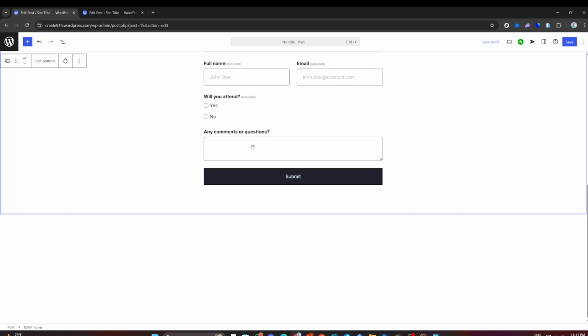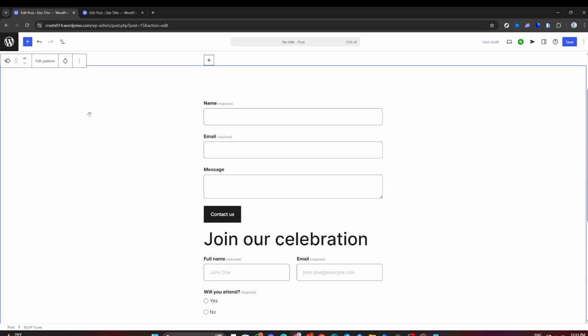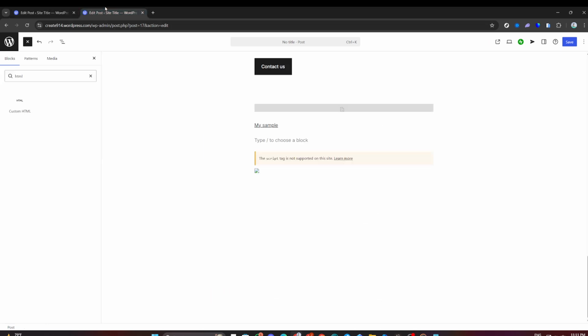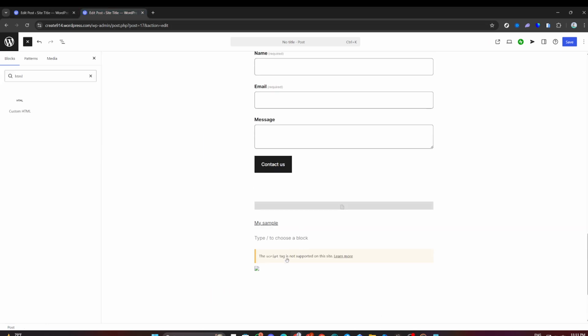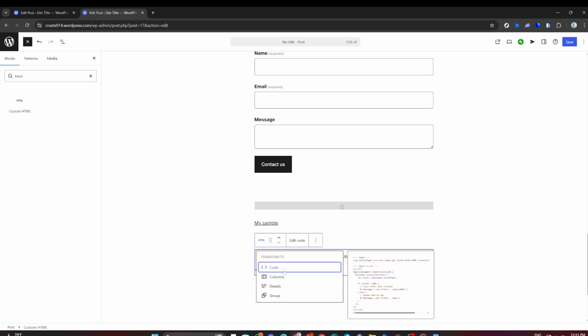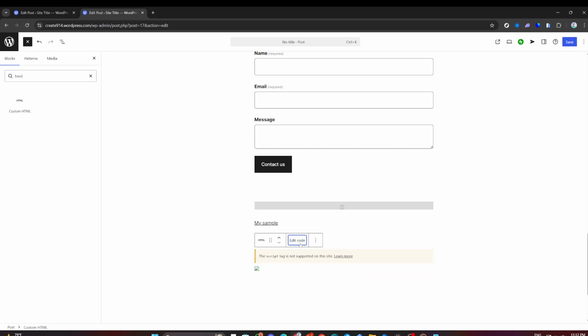Look for the section labeled Permalink or URL. This is where your current URL slug is displayed. To change the URL, click the edit button located next to the URL. After clicking edit, a text field will appear, allowing you to type a